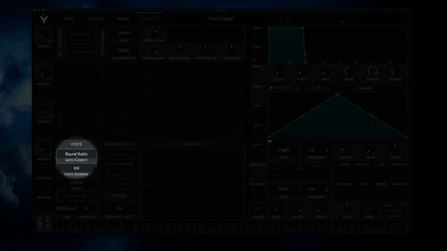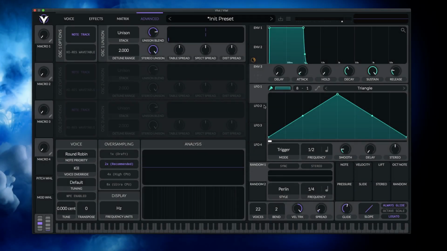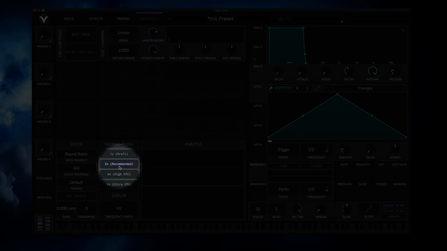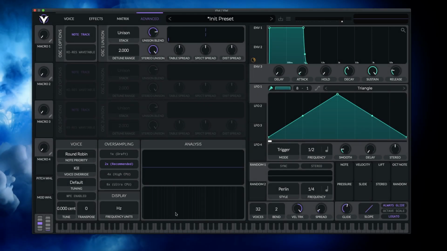Over here we have voice stealing. I mean, this will never play a role unless you run out of voices. So if you have max voices, most likely you don't need that. Master tuning, oversampling, just leave it. It's not such an important thing unless your computer is struggling. You can lower it. So notice that we pretty much went over the entire structure here, 4 tabs,